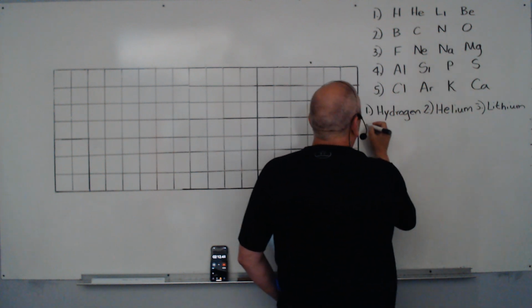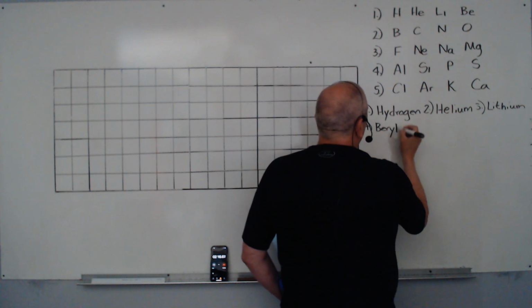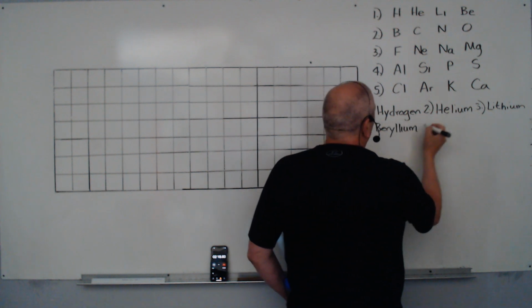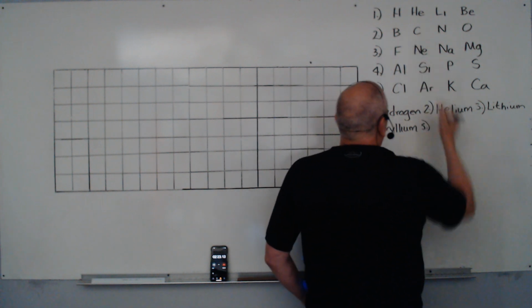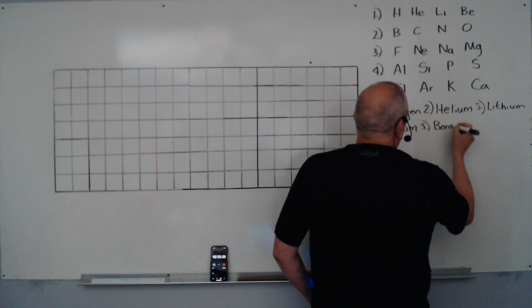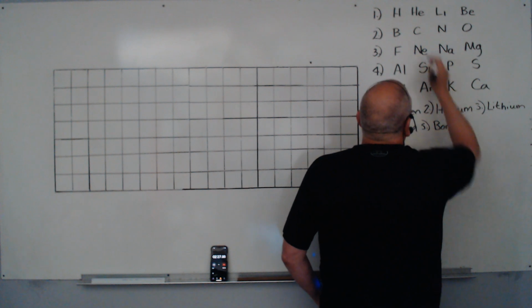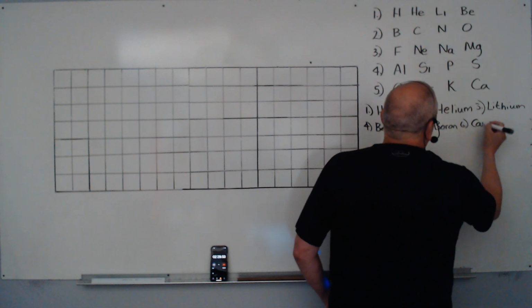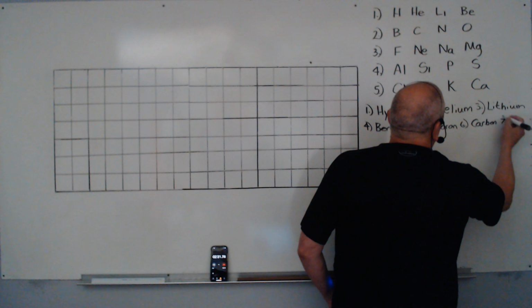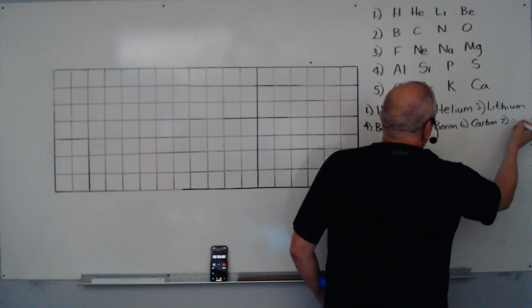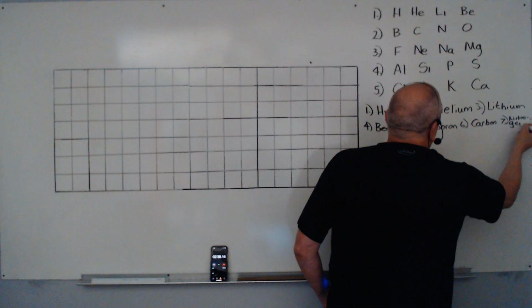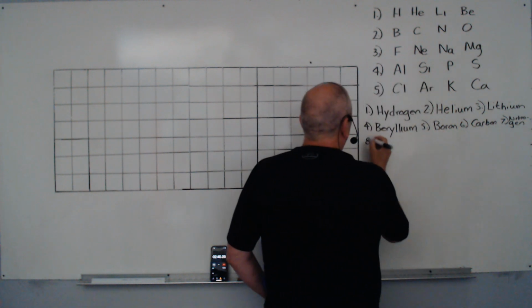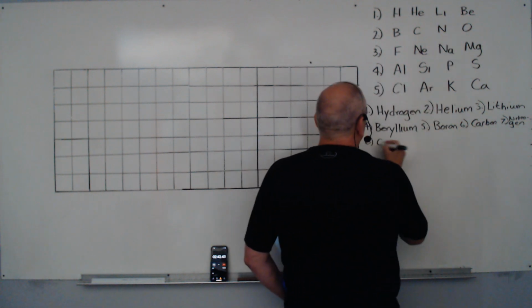So 4 is beryllium. Now I'll have to practice spelling some of these. So we're just working on how we learned this. Then we have boron, carbon, nitrogen, number 8, oxygen,